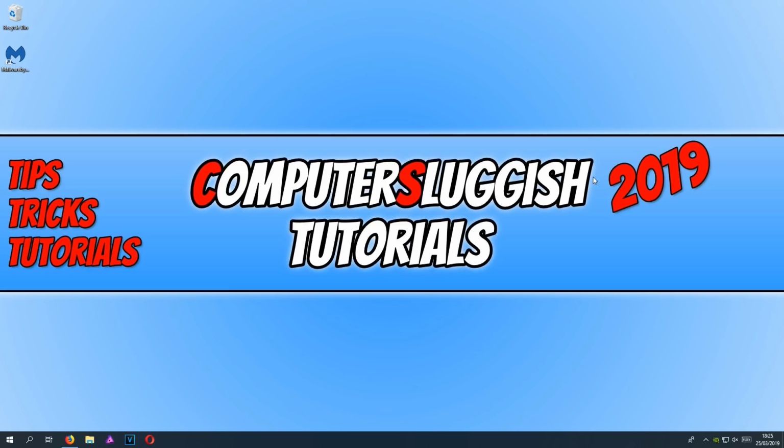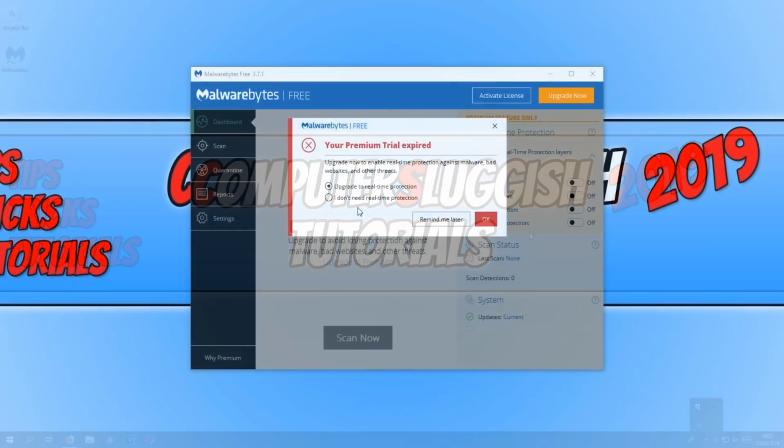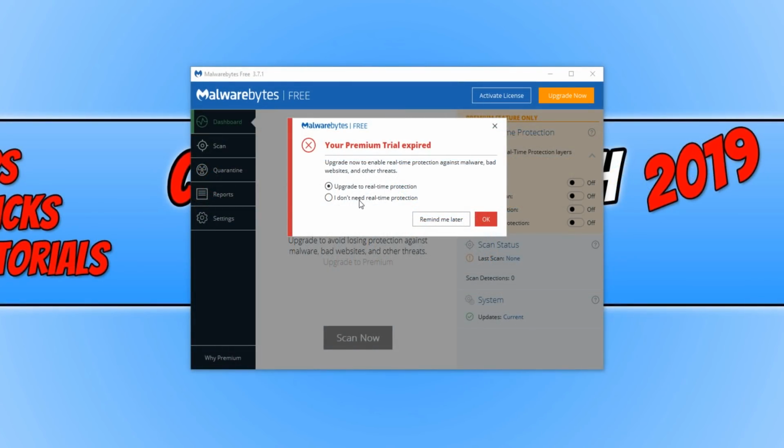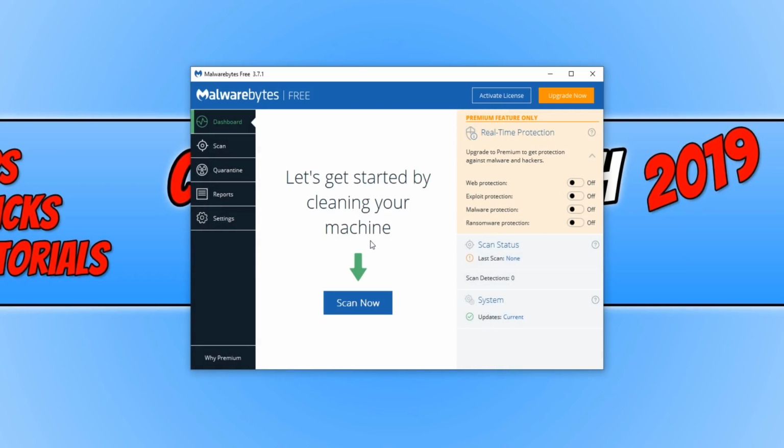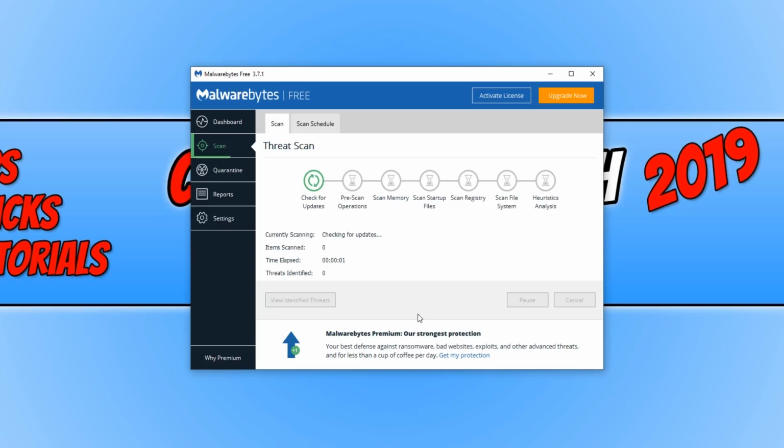You now need to go down to the bottom right hand corner of your screen and click the up arrow and just double click on Malwarebytes. And I'm going to click on I don't need real-time protection because I don't want the premium and press OK. Right, once that has all finished, you now need to press on scan now and this will do a full